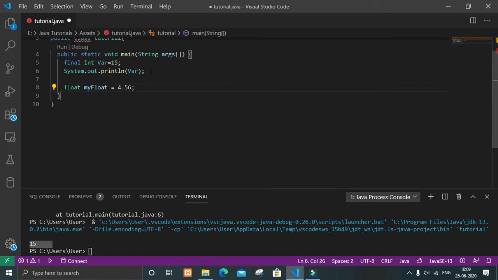But we have to give f just to tell the Java compiler that this is a floating value, so that it does not print any error, it just prints the value as it is. So now let me show you by printing this.